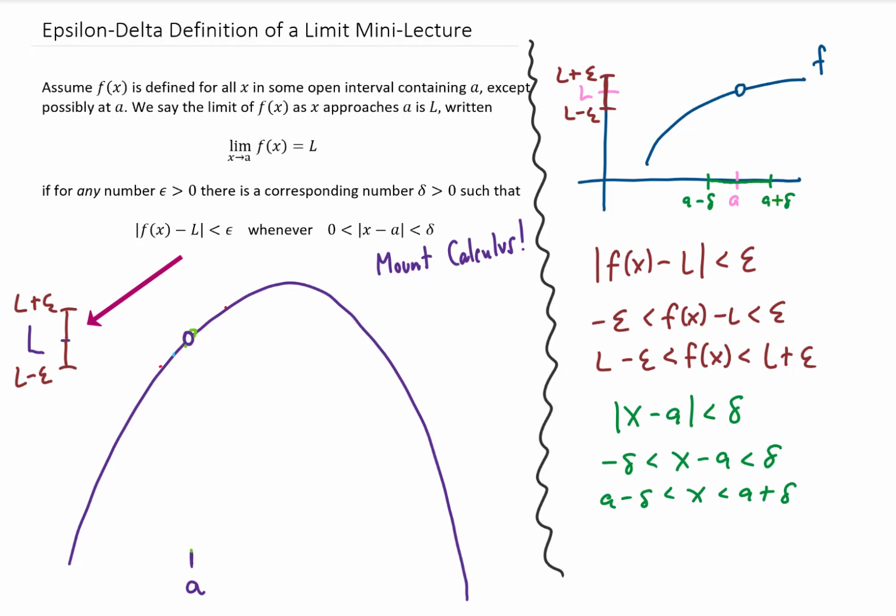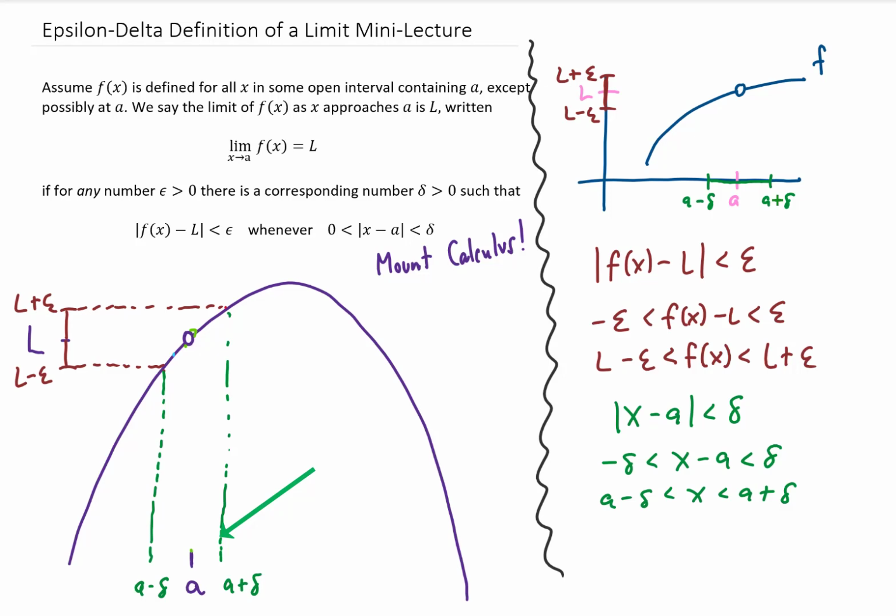Then you think, well, wait a minute. Maybe the value that the queen gives me for epsilon doesn't even matter. No matter what epsilon she gives me, no matter what level of closeness the queen wants me to get to this elevation L on Mount Calculus, I could do a little calculation and I could figure out, based on the epsilon that I'm given, how close do I actually have to get to this A value in order to achieve the queen's objective. We'll call that distance from A delta,